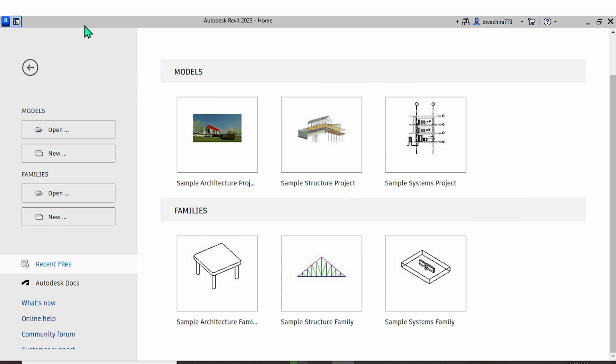At the top of the screen, note we are using Autodesk Revit 2023, and we are at the home page. So the version of Revit that we are going to use in this particular training is Revit version 2023. Now that doesn't mean that you cannot use earlier versions. You can,